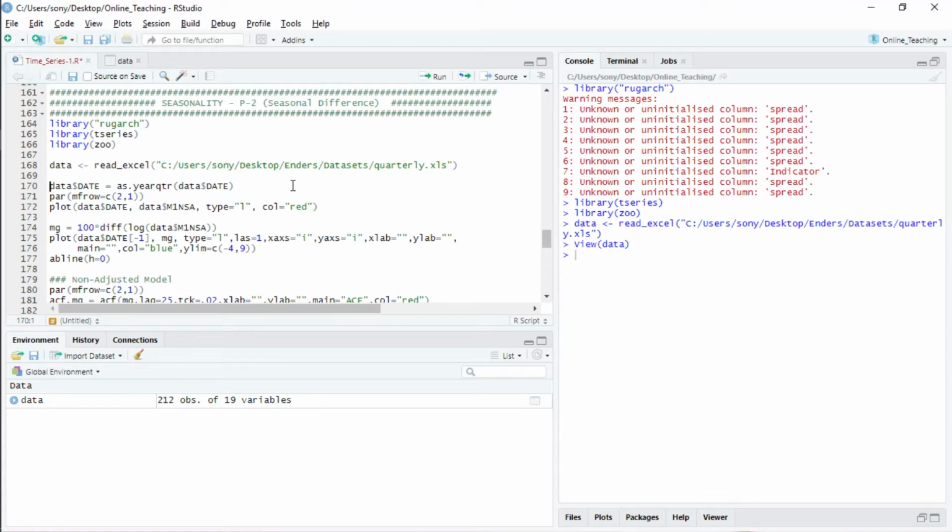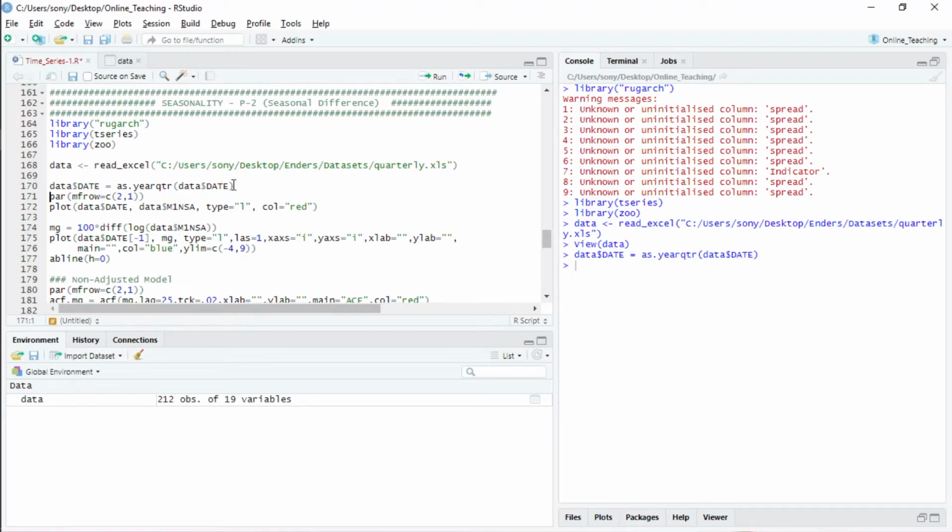For that we have to convert our time variable in an appropriate way, and here we are converting our date variable, which, since it is quarterly data, we are giving this command. We are saying here to save date in the format of year and quarter. If I run it, now it is done.